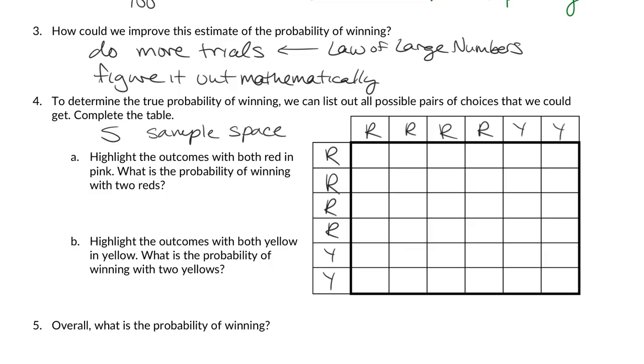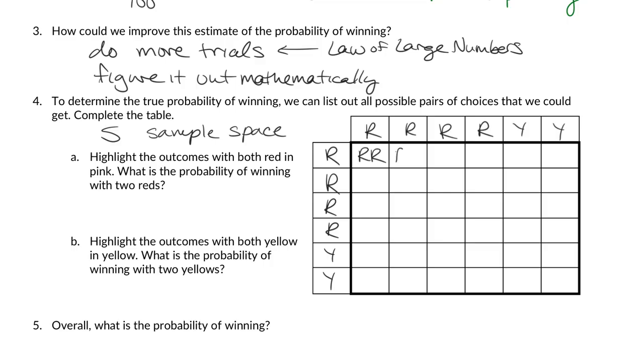So the sample space will now be created in like a Punnett square situation. If this row says R and this column says R, what would go in this box? RR. What would go in this box right here? RY. Let's go ahead and fill in the entire sample space for all of the options that could have happened with our 2 grabs of these 6 different Starbursts.